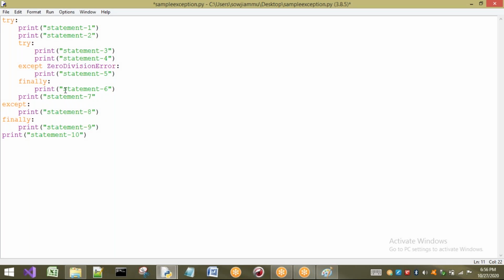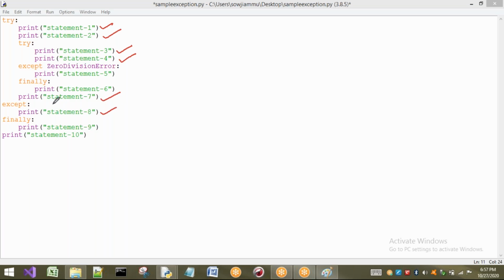If there is an exception when we are going to execute statement 8, observe carefully. If there is any exception here, I will come to this except block. And if the exception is raised here, and there is no corresponding except block here, I will come to this except block. In this case also the same. Next, coming to the next statement, if there is any exception here, then we will come to this except block. So in all these cases we will come to this except block.